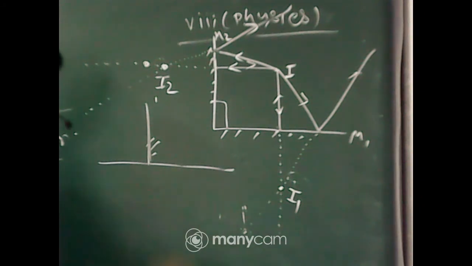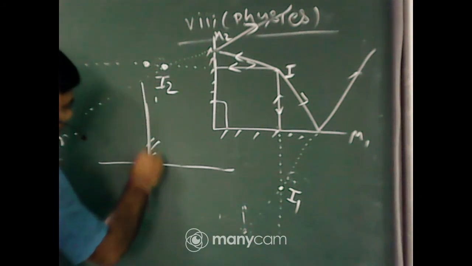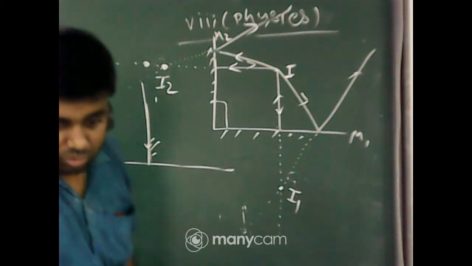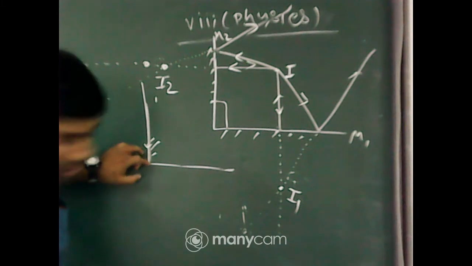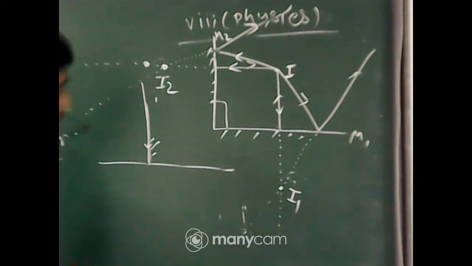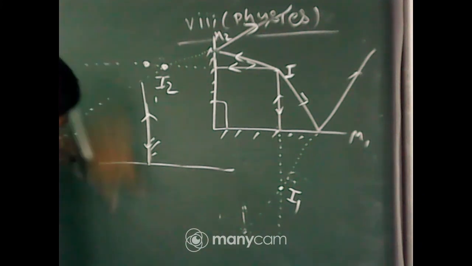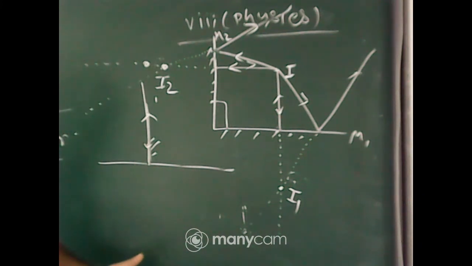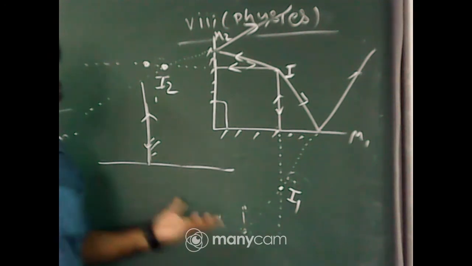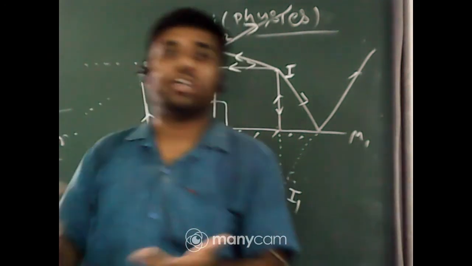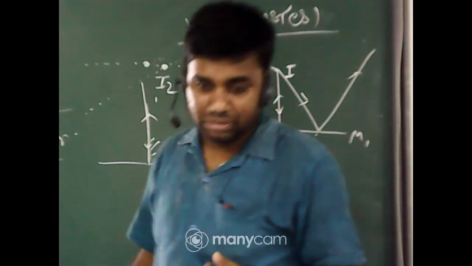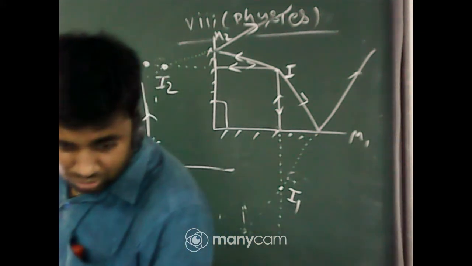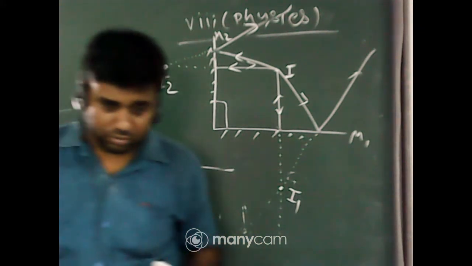Now one ray falls along this way. So what angle does it make? Tell me quickly. What angle will it make? 0 degree. And if it reflects along this way, what angle will it make? Also 0 degree. So the angle of incidence and the angle of reflection are both the same. That means it follows the laws of reflection. Got it? Yes, again it will be 0.